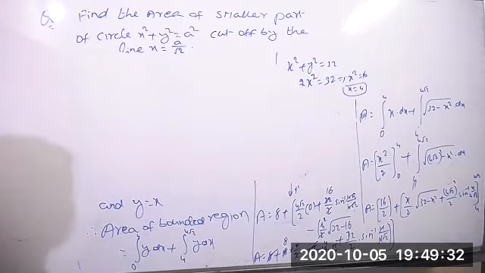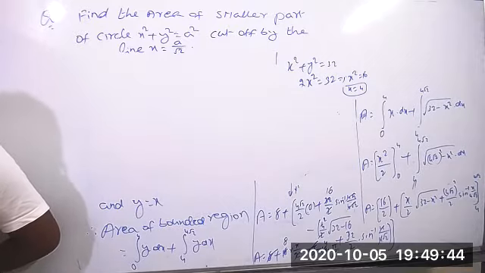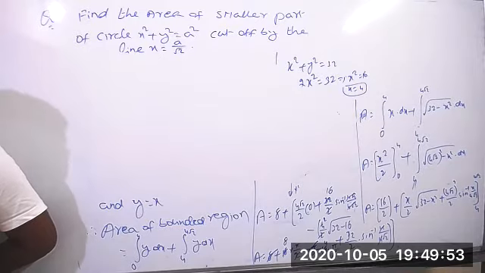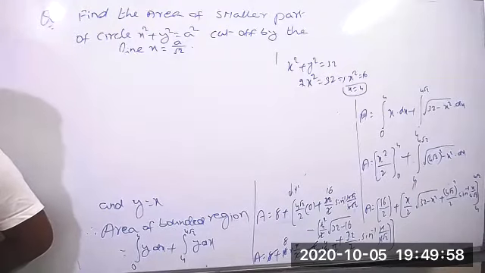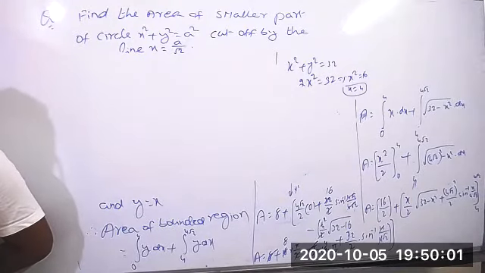Yes, please tell me anyone. Next one, first I want the diagram. What is the center of the circle? Anyone, please respond. What is the center of the circle? 0, comma 0. Yes. What is the radius? A, comma 0 is the radius. And the line x equal to a by root 2. Then where will you get this line? x equal to a by root 2.